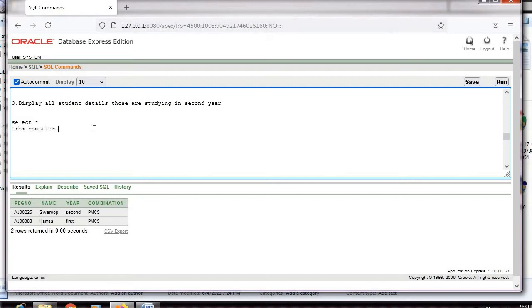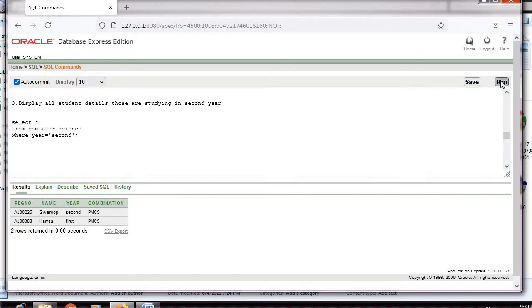Why I have taken only computer science, I'll explain to you now. Computer science, and the condition is where year is equal to second year. So, I'll write second. Okay, this is the question they've asked. I'll run and I'll execute.